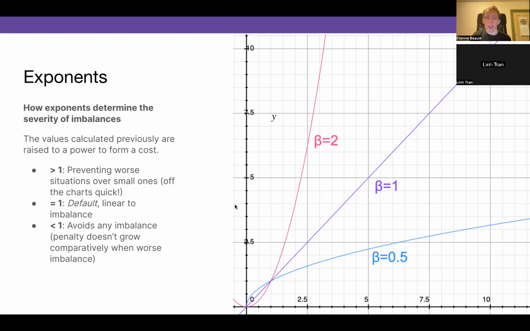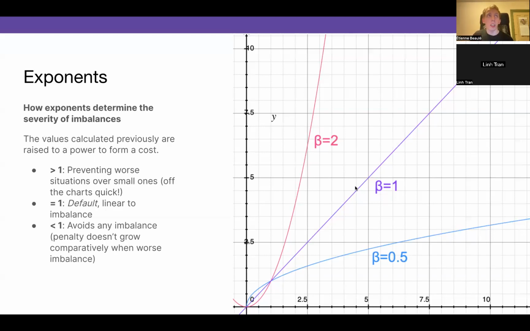By default we have just an exponent of 1, so an imbalance of 4 is 2 times as bad as an imbalance of 2.